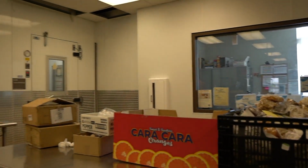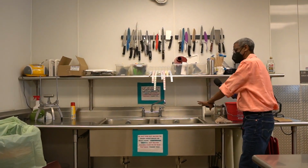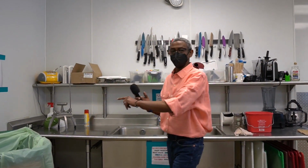This is our prep sink. So any vegetables that we need to wash, all this is washed. In here is all clean. This is only for prepping vegetables. Now if you can see that way,